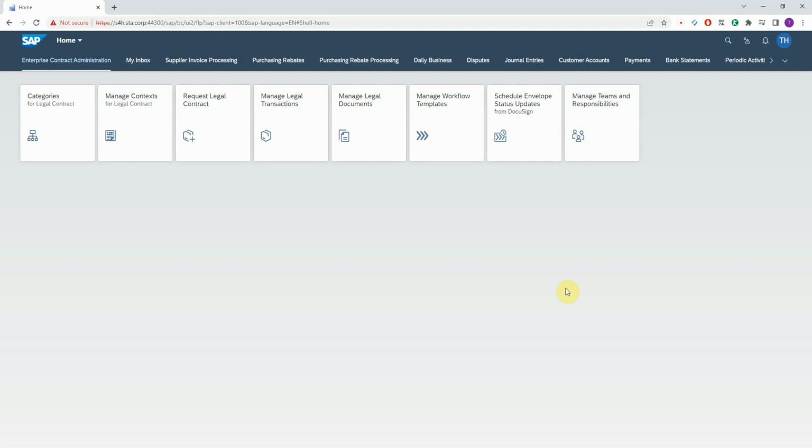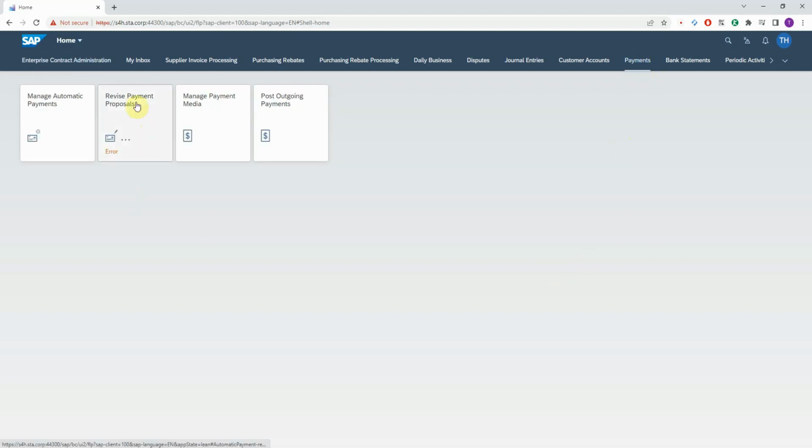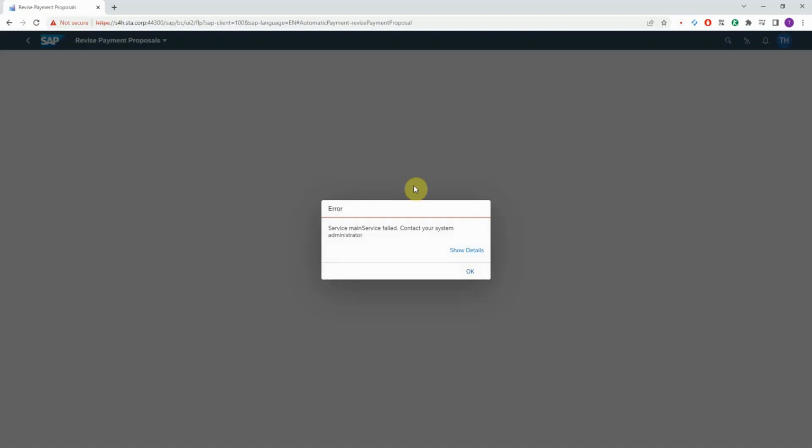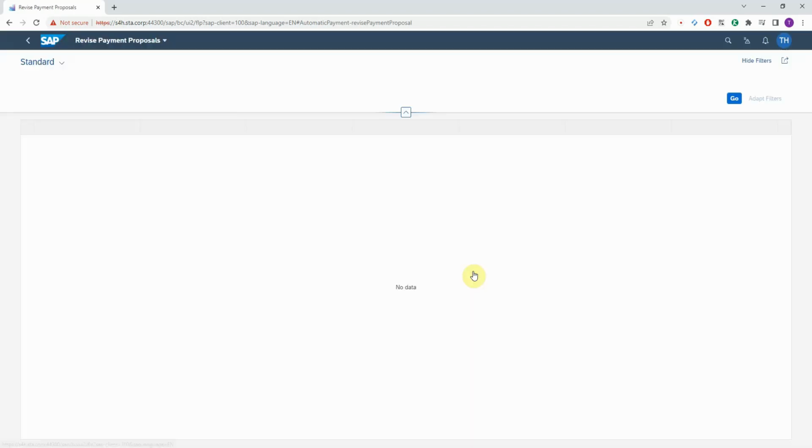I will now show you how you can create For Me incidents out of a Fiori application. Now I'm on the Fiori Launchpad of an S/4HANA system. I go to Payments. I want to launch this app, but I get an error and no data is displayed here. So in order to create an incident in For Me ITSM, I need to press this little button, and